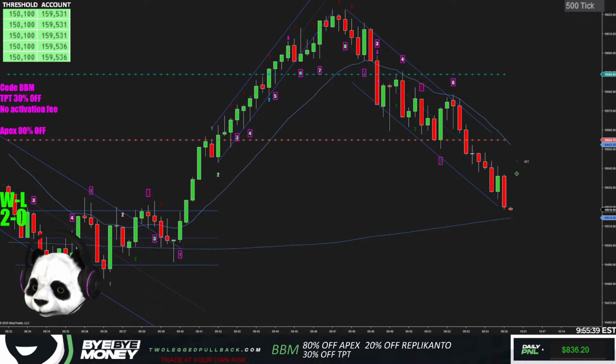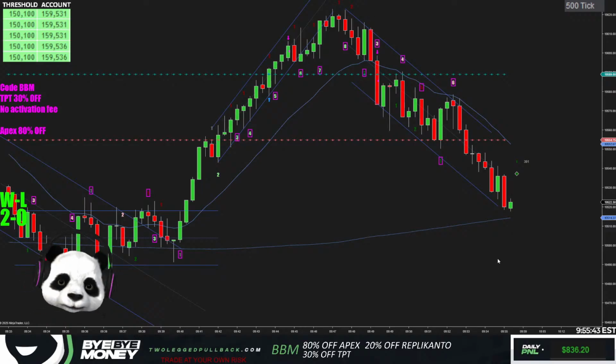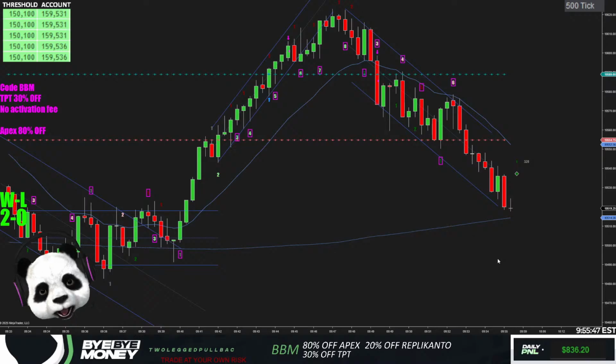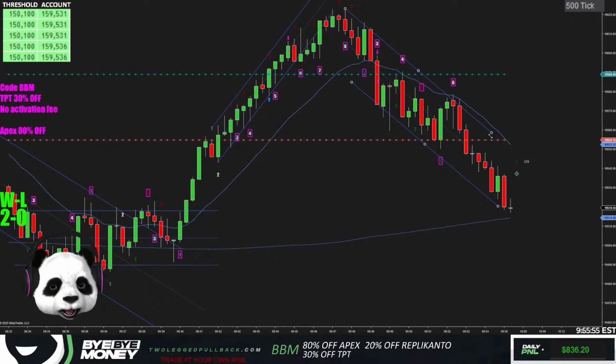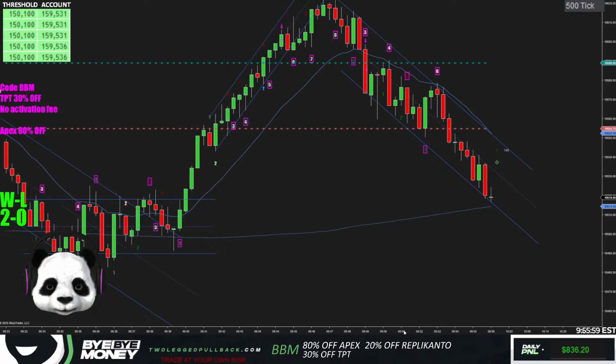So currently the accounts, even though I'm up 838, altogether I'm down 1,300. But we're gonna climb up slowly on these accounts. These accounts are Pro Plus accounts. That means we get a 90-10 split and we can withdraw in one day. That's the sickest thing ever. We can withdraw in one single day and no consistency rules, which is even better.